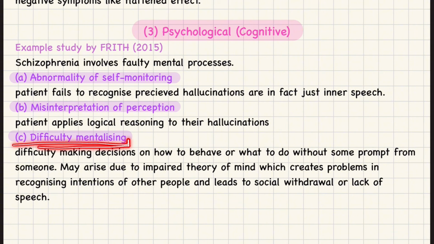Now this is something that was also studied in people that have autism, and has also been studied in Baron Cohen. So schizophrenic people find it difficult to make decisions, to behave, and to know what to do or how to speak or what conversation to make. However, if they're given a prompt, if someone else starts the conversation, they can perform well. However, they cannot initiate it. They cannot make decisions. If someone makes their decisions for them, then they can behave properly.